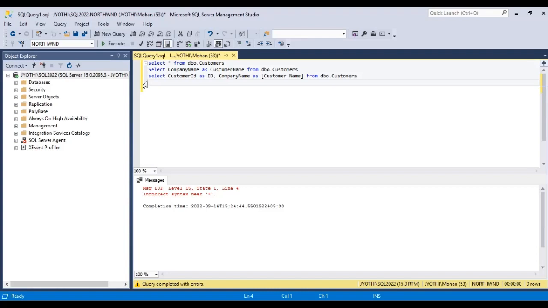Now let us see the aliases for table names.